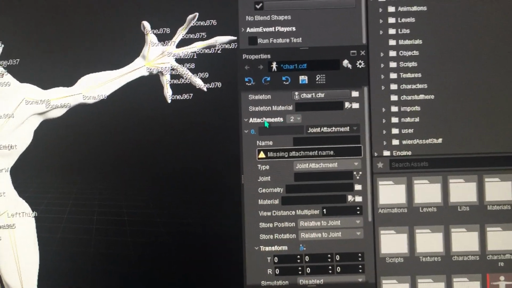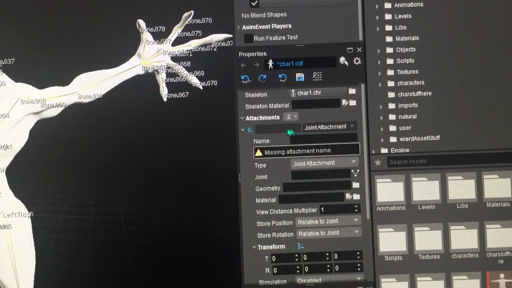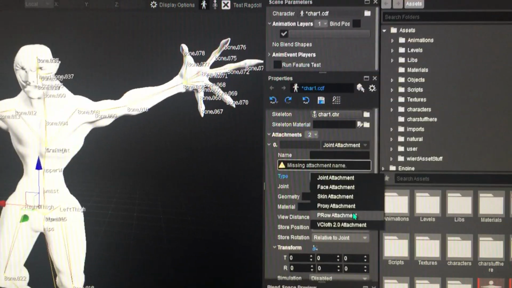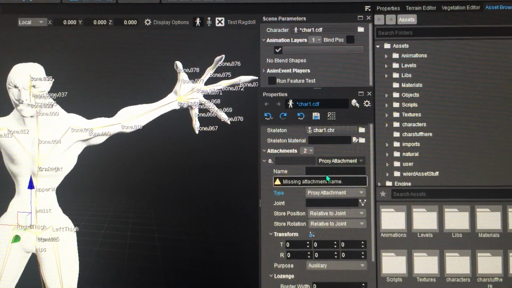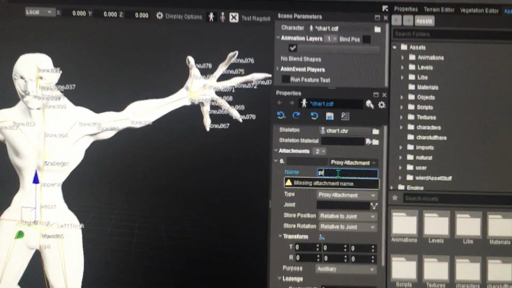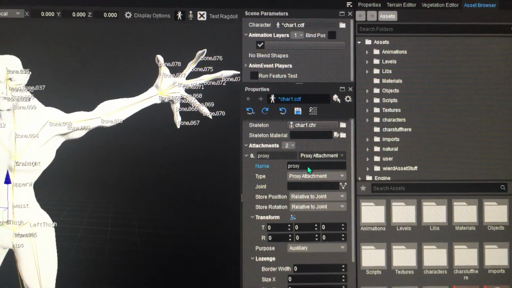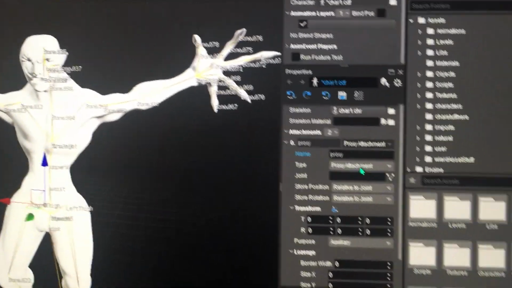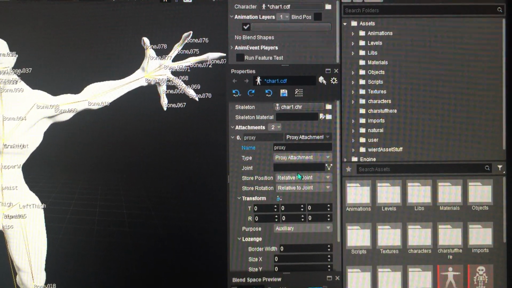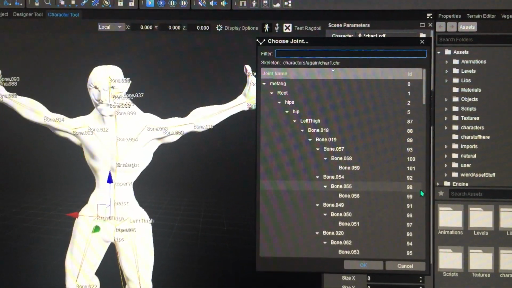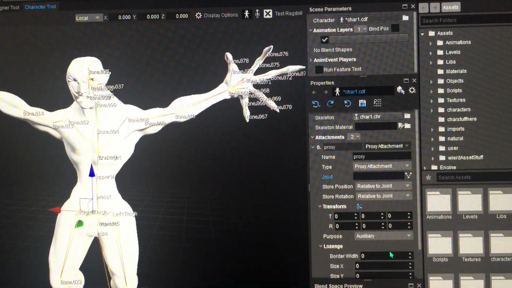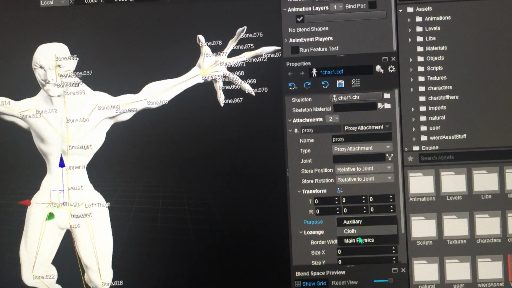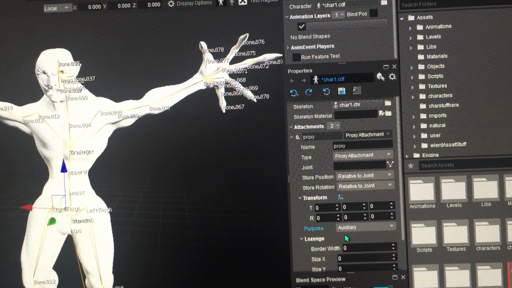So, just a little bit of guidance. Here we go into proxy attachment. Name it Proxy. You're gonna make multiple on each piece, on each bone. It adds it specific to the bone. Very convenient, very glorious, very beautiful. Here, you don't even need to do that, to be honest. All you gotta do is go into here, cloth physics, and then,